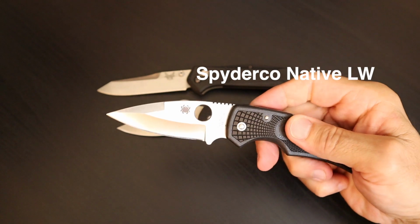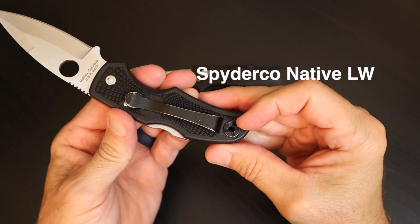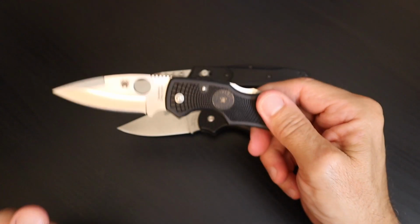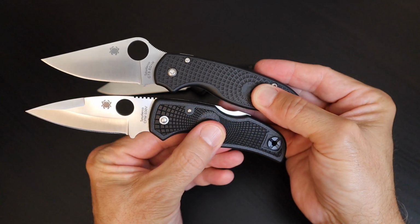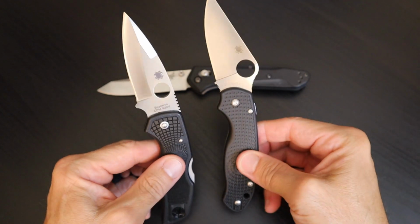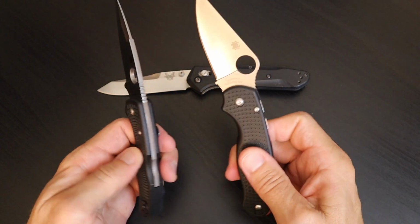Another one of my favorite EDCs of all time. This is the Spyderco Native Lightweight Lockback Knife. Has an FRN handle. This is one of the original ones. You can tell the rivet there, it's not adjustable or anything, but love the blade profile. I got the hollow grind with the swedge on the forward of the blade, and you can see,